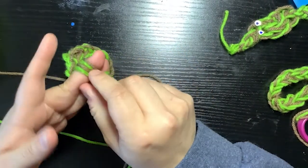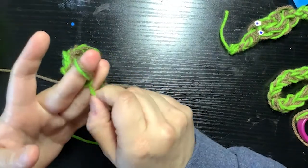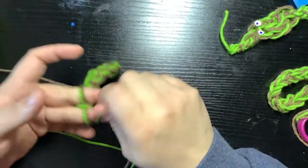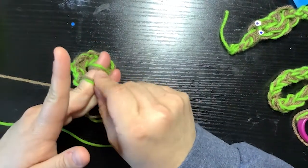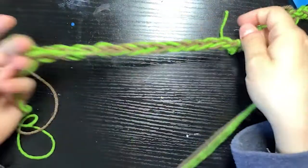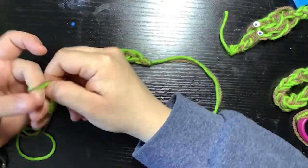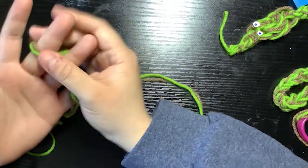If your yarn gets too close to your fingertips, just either move them down or just be mindful that you don't want to pull both of the strings at the same time. All right, I'm gonna leave that length like that. That's a pretty good length. So let me pull my...